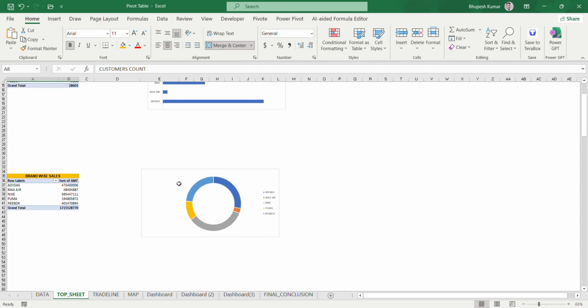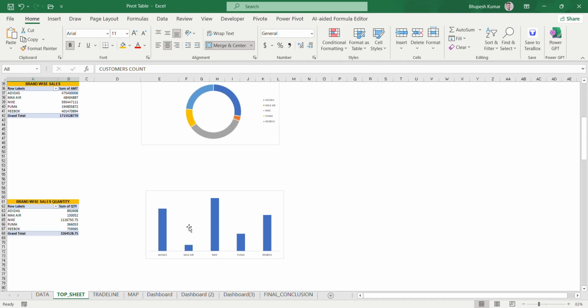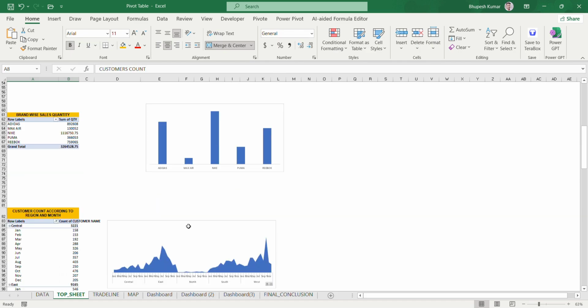Then I created the second table where I identify the total number of sales quantity according to brand and visualizing by using pie chart. Similarly, I created the third table and visualizing by using column chart.